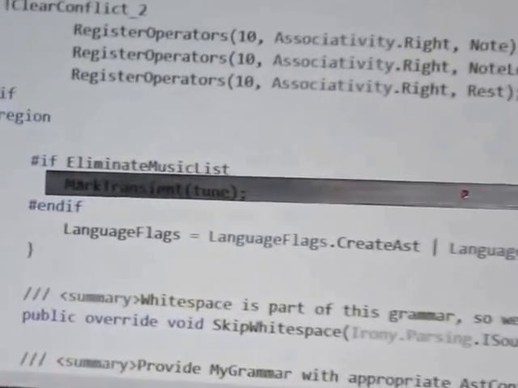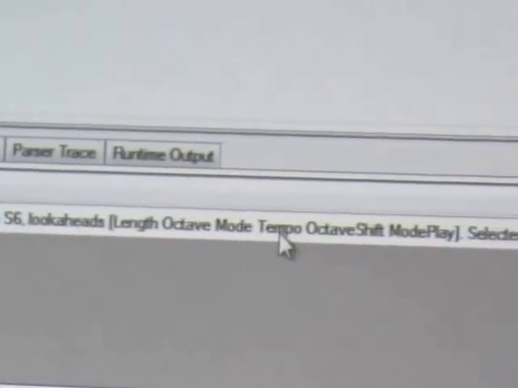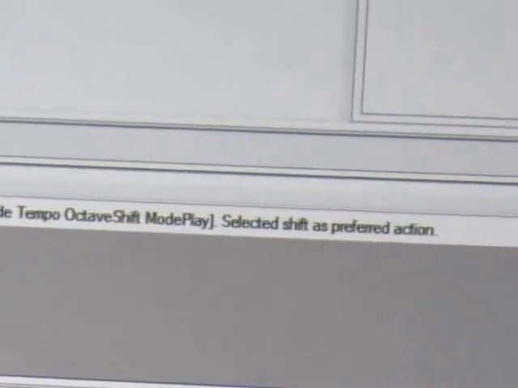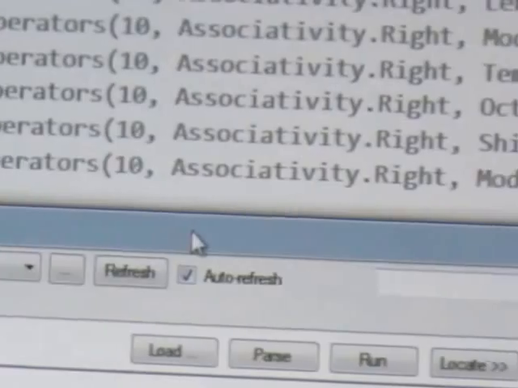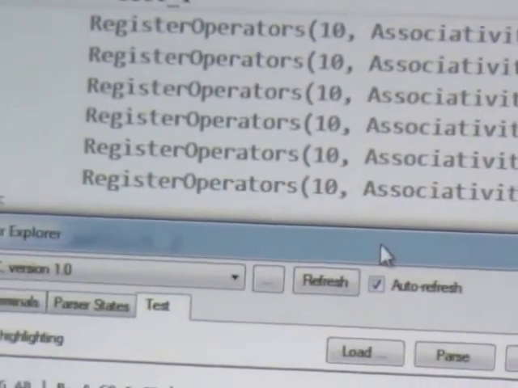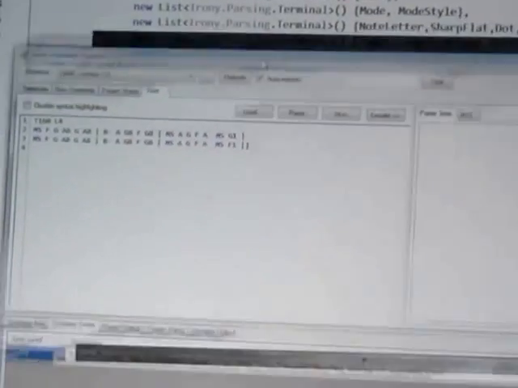Put this one back in, look at the error message in more detail. So here you're seeing length, octave, mode, tempo, octave shift, mode play, and that's this list here. Terminal symbols that were causing an issue. Control Z, rebuild,